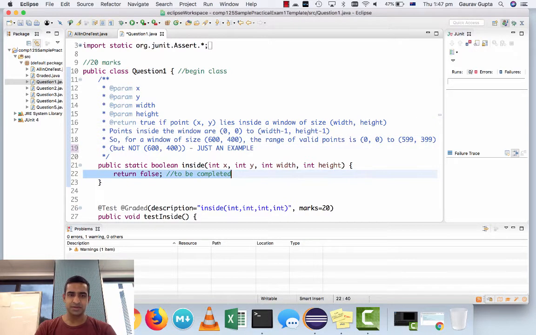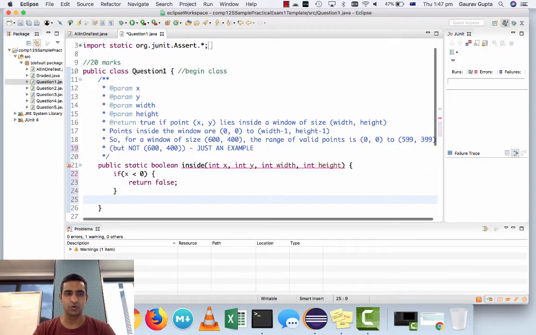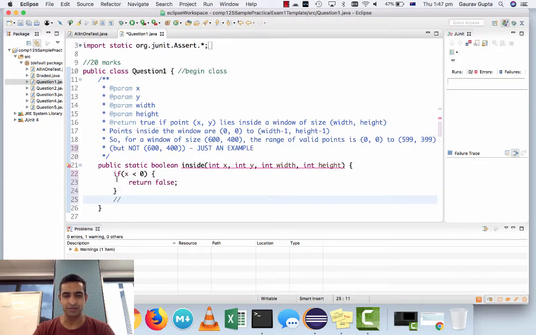Now the first thing is, there's a return false statement, because if I didn't have that, there'd be a compilation error. So you can remove that if you want to start your code. Now, my logic for this question is fairly simple. If x is a negative value, if x is less than 0, do I need to check anything else? Do I need to check y or width or height? No. If x has a negative value, I can immediately return false, which means if I reach line 25, it